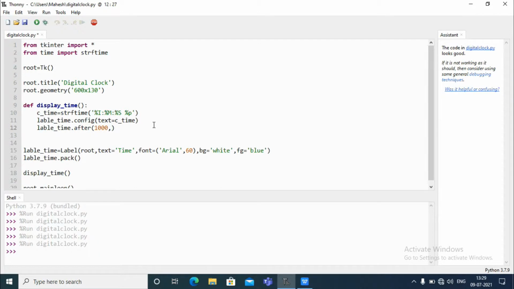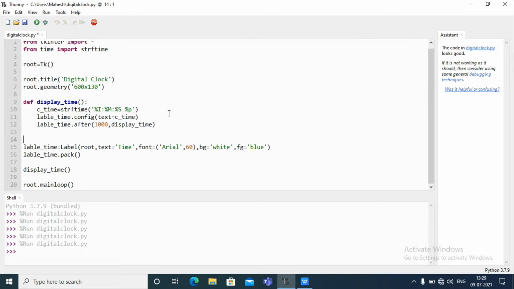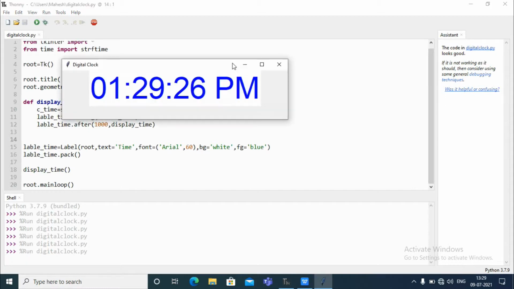That's the important thing that you want to know from this line. Maybe you are new to only this line, maybe you already know some tkinter like this. Again if we save the code and run it again, see here, it's a real-time digital clock, it's working perfectly. PM 35, 36 like this. This is the live digital clock that we can make by using the tkinter library.